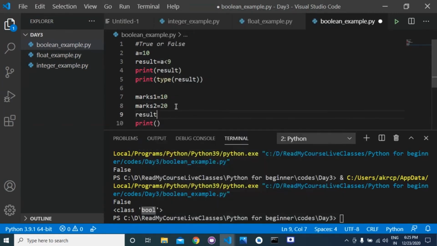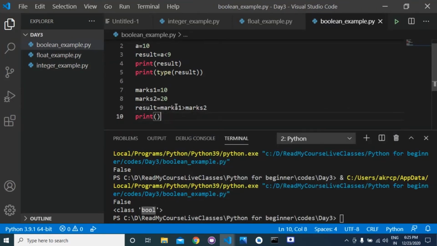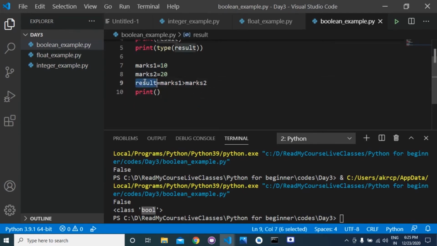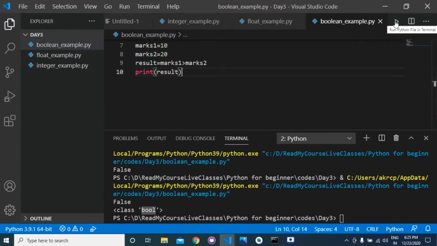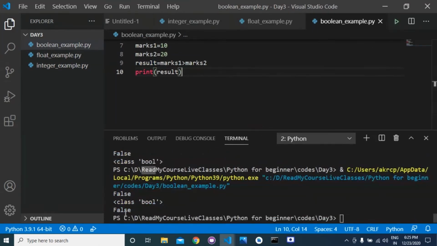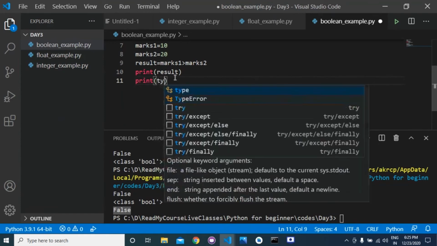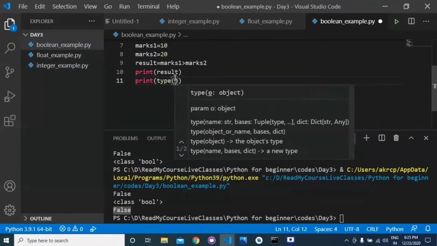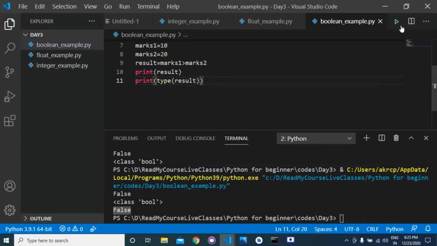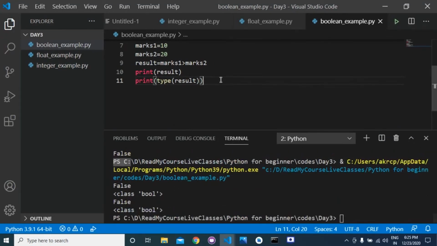First we get result is equal to marks 1 greater than marks 2. Marks 1 has the value 10 and marks 2 has the value 20, so this result will be false again. If you run this program, it will give you false. Now if you type type of result, you will get bool again.